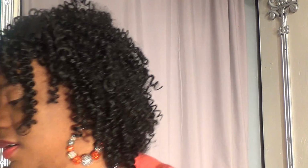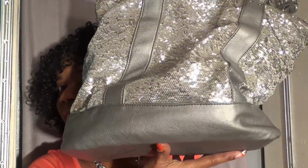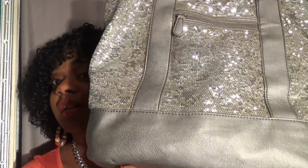And the handbags that I'm taking today, I decided to take my silver sequins handbag, this one, which I haven't even switched purses yet, and I still haven't done anything to this purse to make it stiff. I keep saying I am, but I haven't got around to it yet. I have so much to do, and I don't think about it until I get ready to take the handbag, and then I'm like, man, I should have made it stiffer, but oh well. So I decided to take that handbag today. I was going to take this one, but